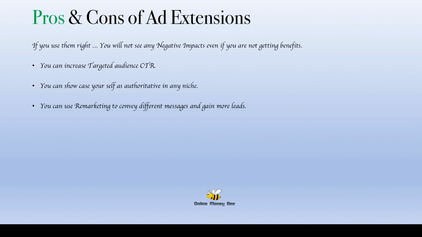And you can actually even use the remarketing strategies at a later time. And even within Sitelink extensions, if you do it right, you can enable remarketing lists and you can create different ad extensions based on the remarketing list. That is another advanced topic of this particular ad extensions. And you can add them once and keep using them across the account. As I said, if you are using one website and if you are running a single campaign, or if you have a method to use some generic extensions, you can definitely use all of them by adding them just once